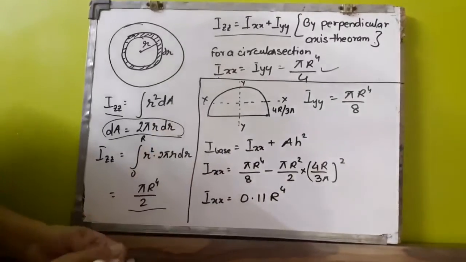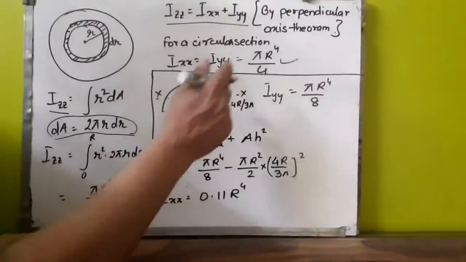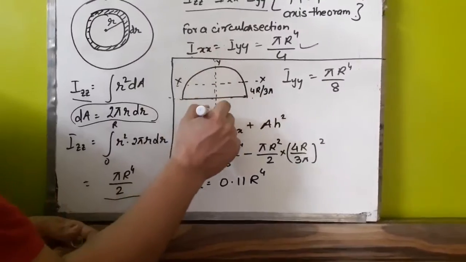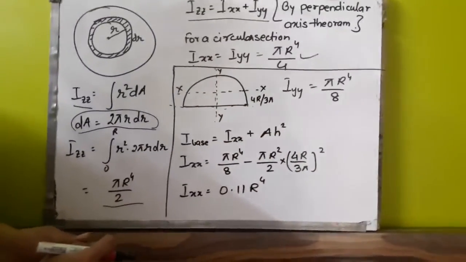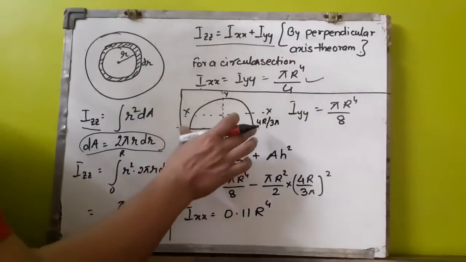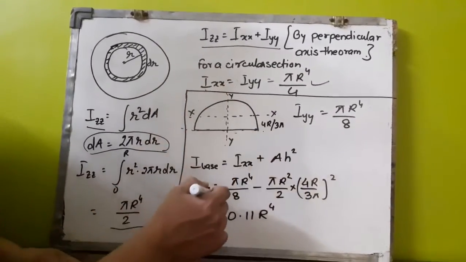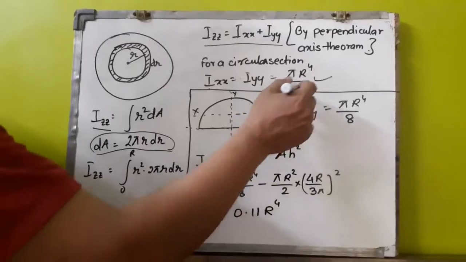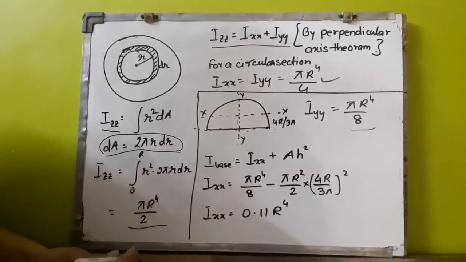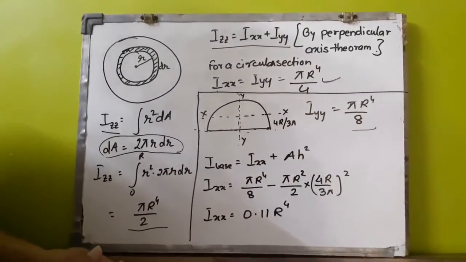Now let us come to our fourth entity, the semicircle. In the case of a semicircle, you can see that half of the circle is gone, and if you take this as your reference axis, then you will be getting exactly half the values of what you got in the case of a circular section. So if you find out the second moment of area about the y axis, it will be half of the circular section values. So it is pi r to the power 4 by 8. We have divided this by 2 and you get this value. Iyy is equal to pi r to the power 4 by 8.